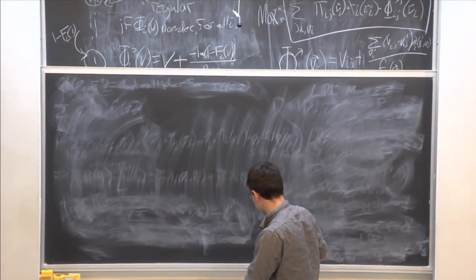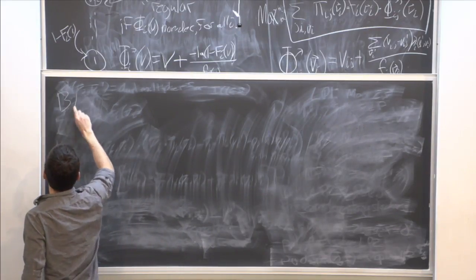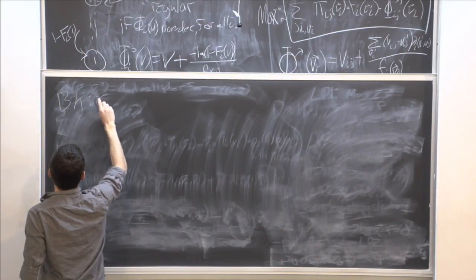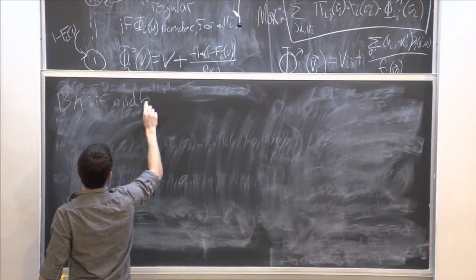So their result shows the following. This is Bülow and Klemperer. Let's say you have n IID bidders